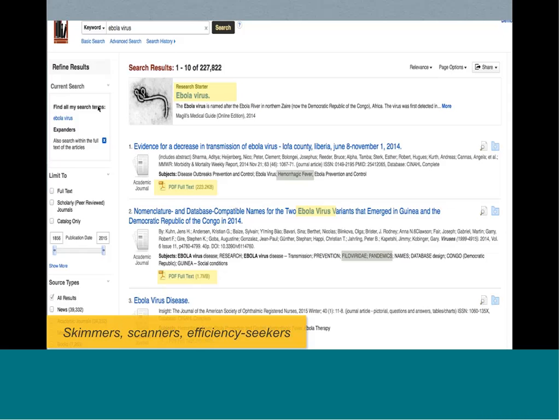So we can say our researchers skim the results. They don't read everything. They scan to find keywords, terms, and concepts that match their search result and that which they can use to move forward to other affiliated areas. And above all, they are efficient. So efficiency is key here at this point, and that really speaks to having relevance ranking, the correct entries up at the top, PDF having full text available